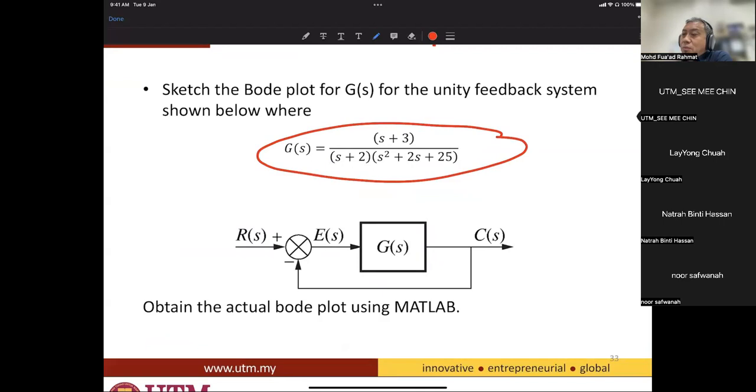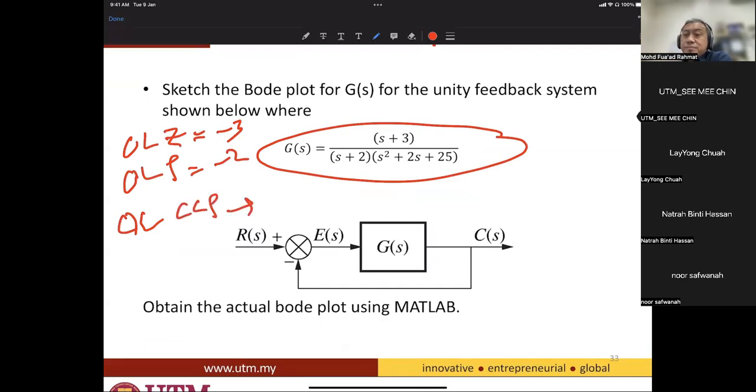So you have open loop zero at -3, open loop pole at -2, open loop complex conjugate poles berapa? -1